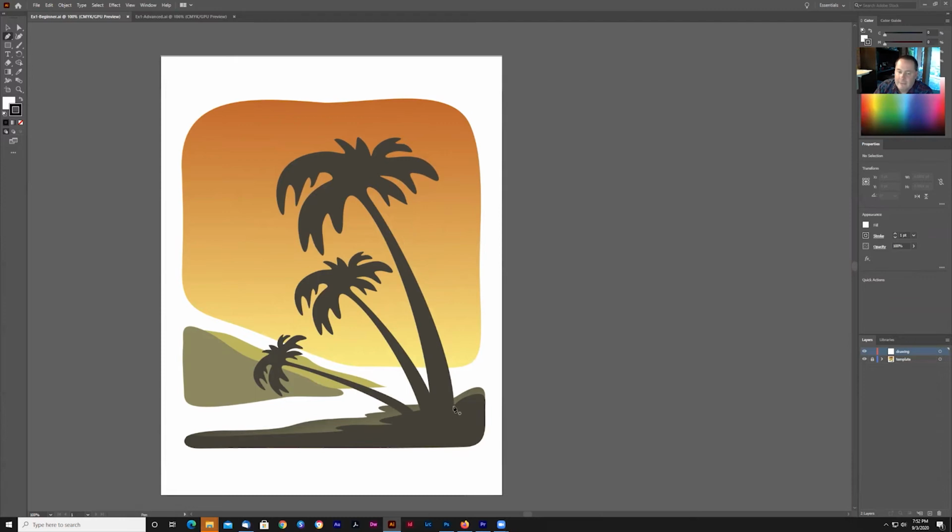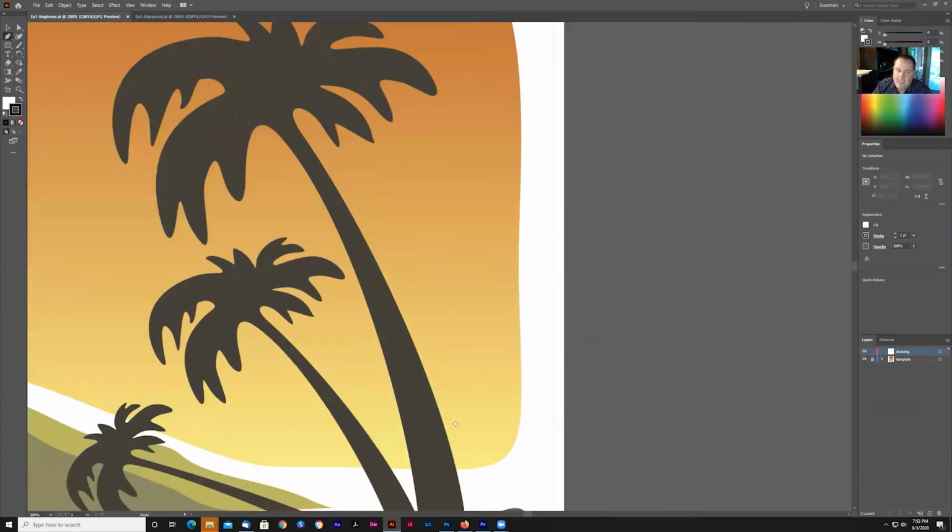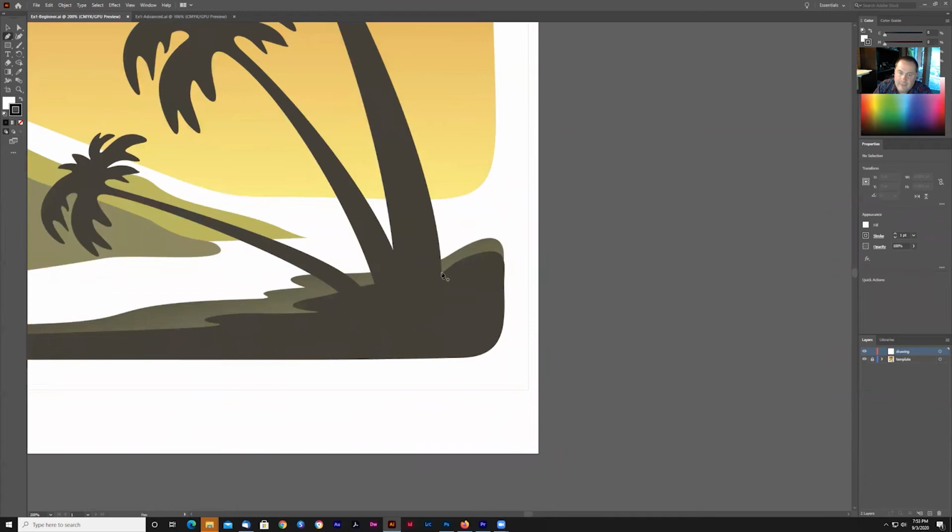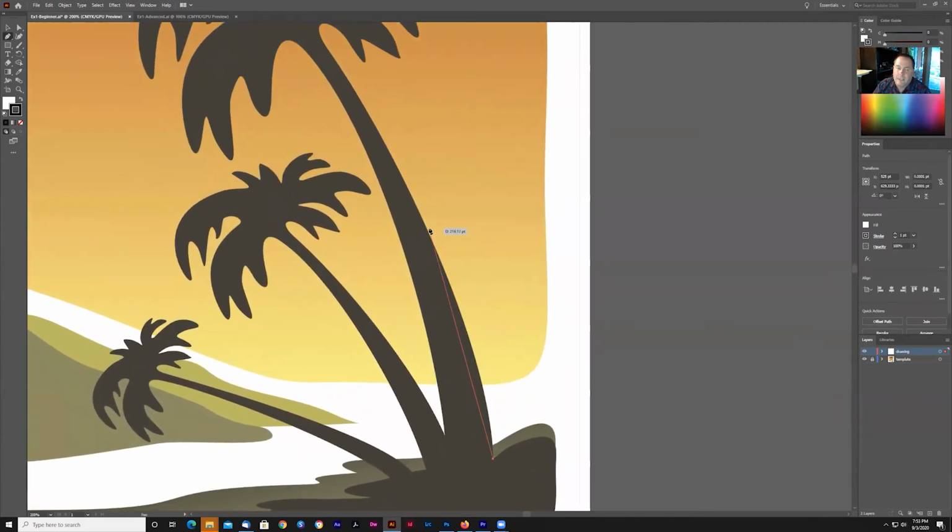It is locked, where you can't do anything with it. So I'm going to start where an area is that kind of meets. As you can see here, this part here kind of meets. So I'm going to click that. And then I'm going to move up here a little bit. And I'm going to start